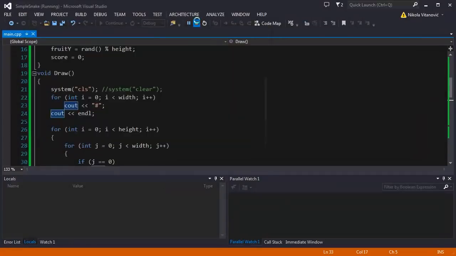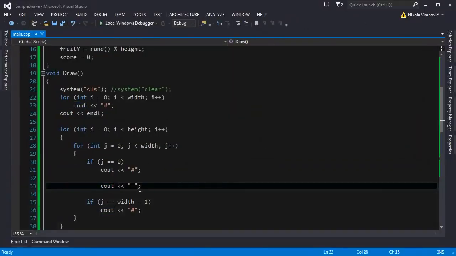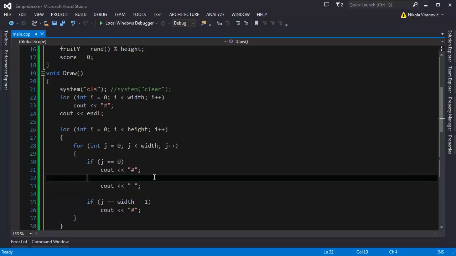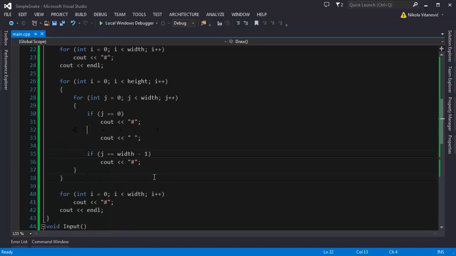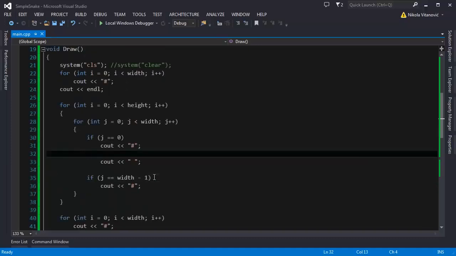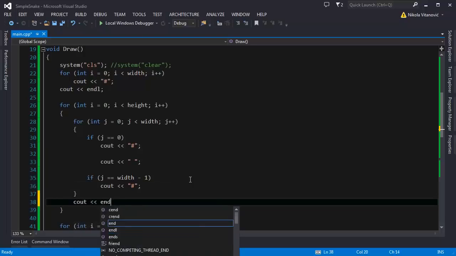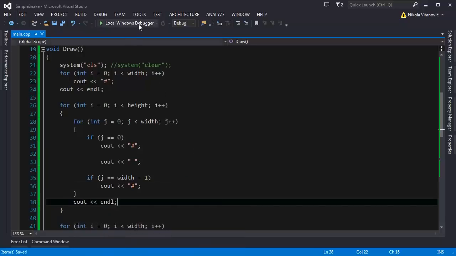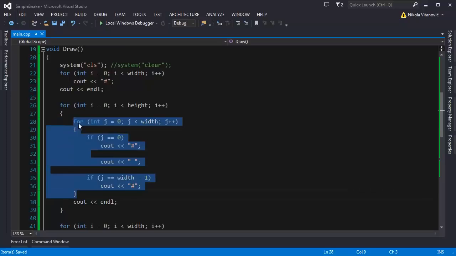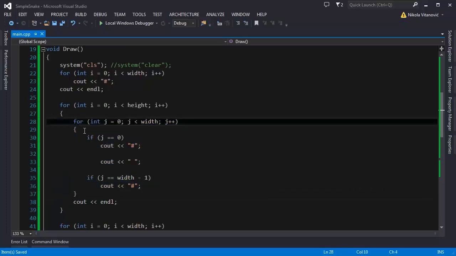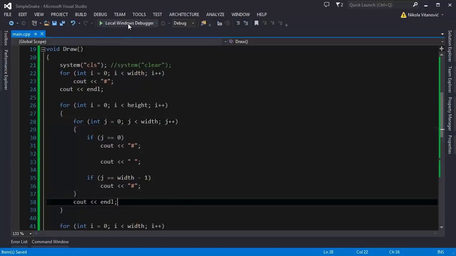Nope. Doesn't work like that. So I guess, oh yeah, we don't print the end line here. We need to go to the next line. So when we exit this loop, this is printing the first row only, and when we exit the rows, we should